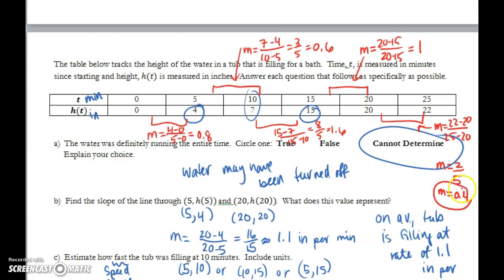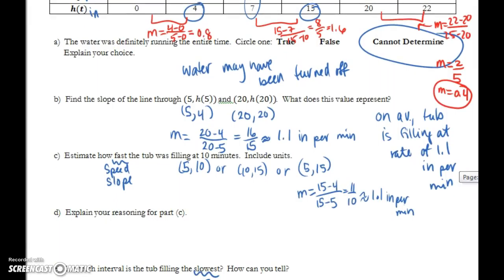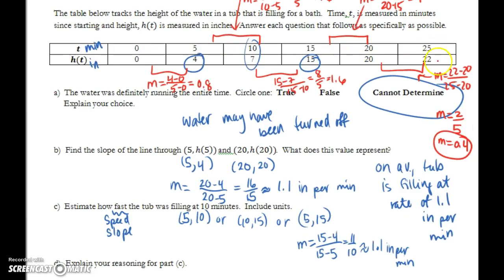So what's the slowest rate? It looks like 0.4 is the smallest slope value. So in which interval is a tub filling the slowest? It's from 20 to 25 minutes. And you can just look at the y values. I mean, it's jumping 4, and then it's jumping 3, and the next jump is 8, and then 5, and then it's 2. It's only 2